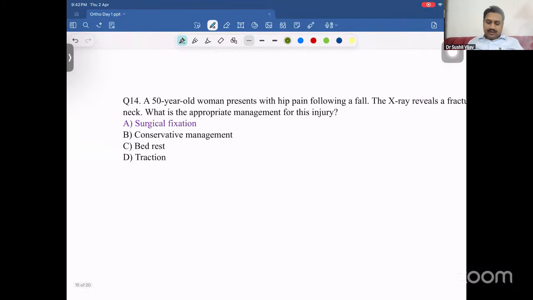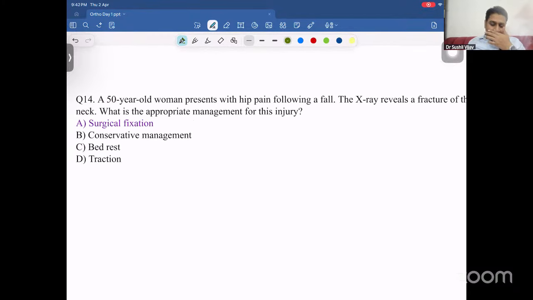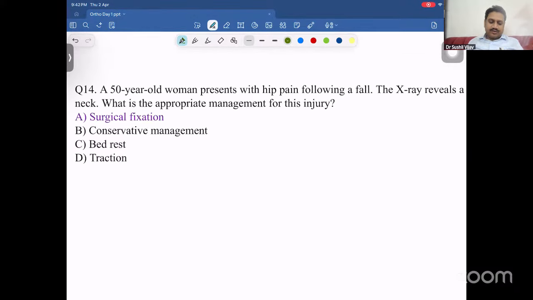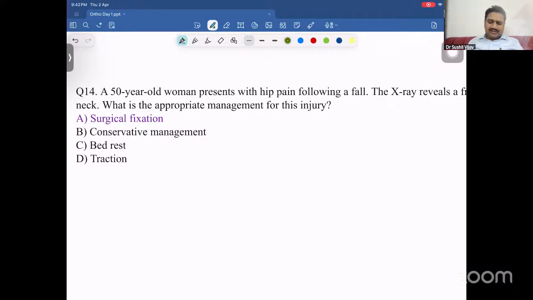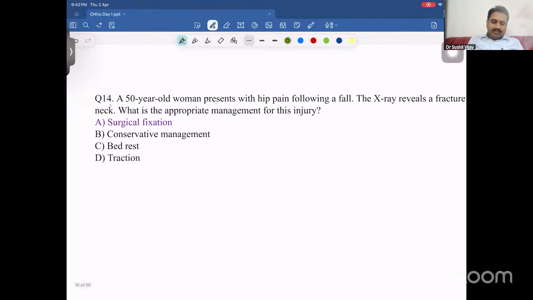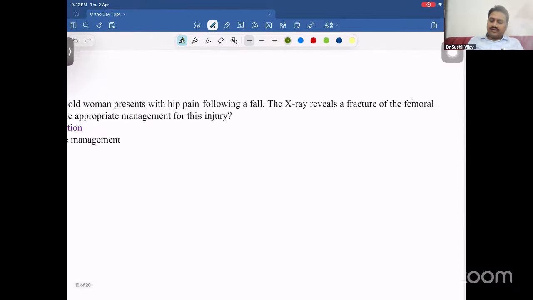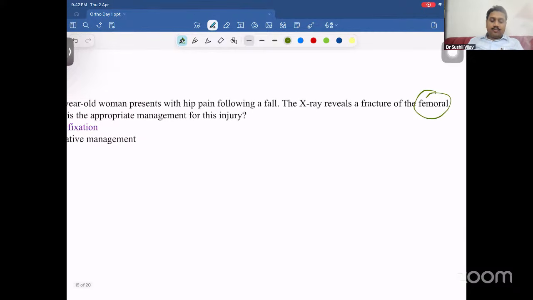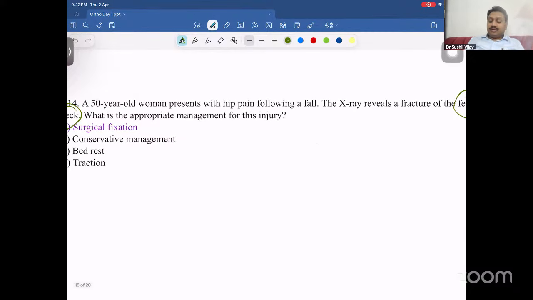Very true, right? A 50-year-old woman presenting with hip pain following a fall, and the X-ray reveals fracture of the femoral neck. Oh, we have discussed this kind of thing. Fracture neck of femur, you all know. Whenever you're talking about fracture femoral neck, we never talk about conservative management, right? Because these are the fractures of necessity. There are certain fractures which always require fixation. Which ones? Number one,